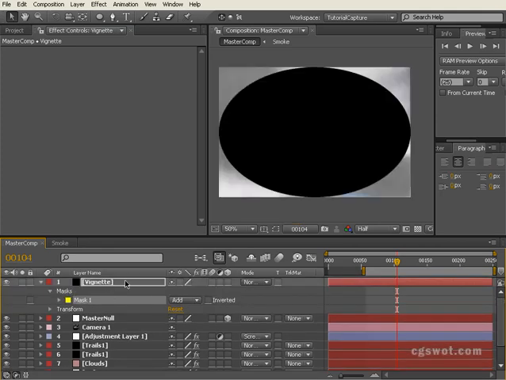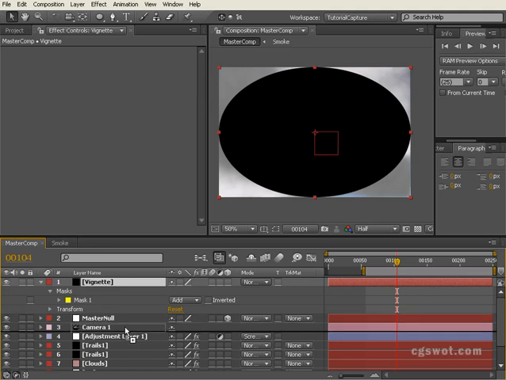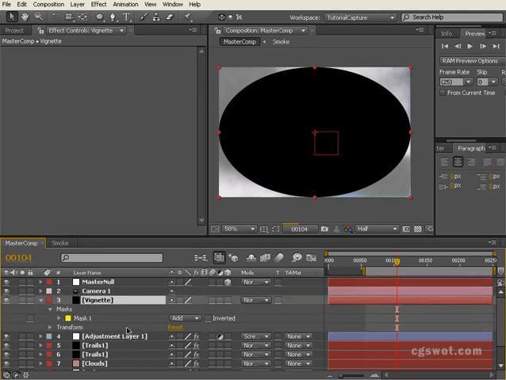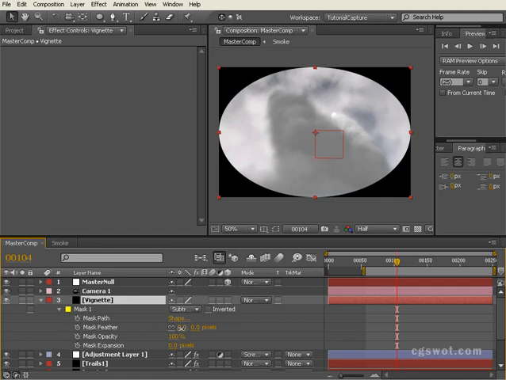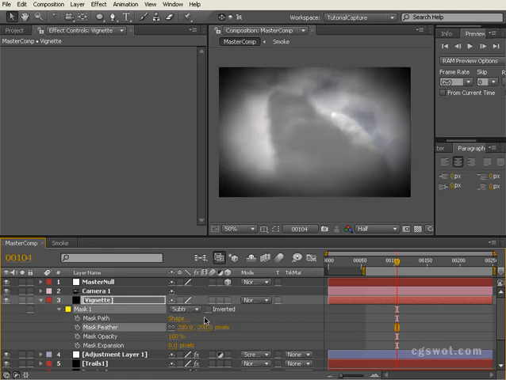We're going to slide that down just above the adjustment layer, and if we click MM to bring up our mask, we're going to subtract the mask. We'll put a feather of about 200,